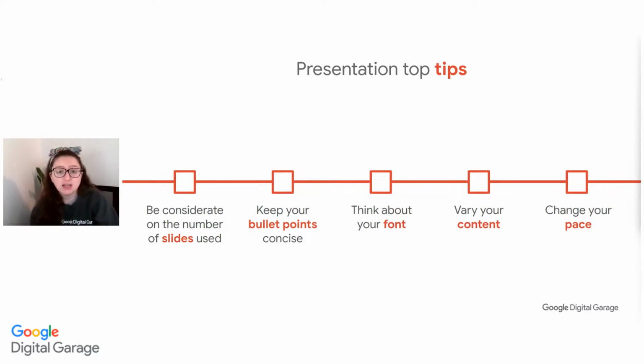And vary the content. So again, you can see the different types of slides that we have. Some of them have visuals, like a timeline, and similar to what you can see. Some of them have one point on that slide. So think about what you can have that really backs up everything that you've got to say.